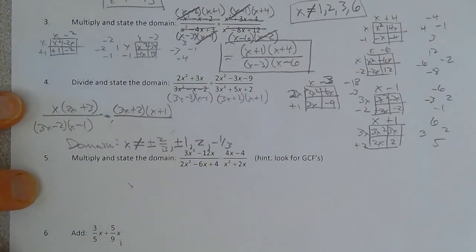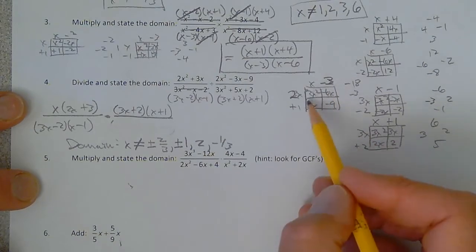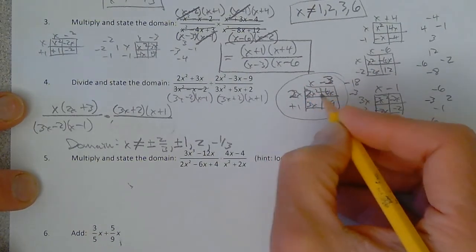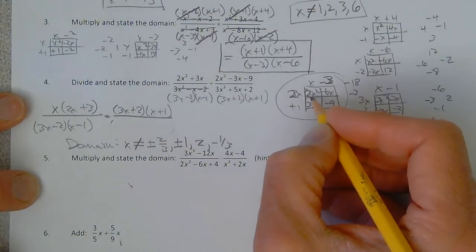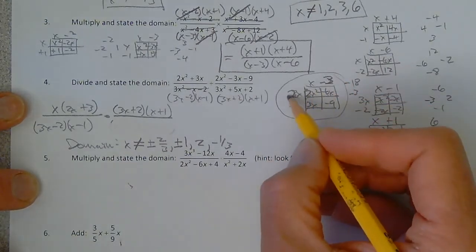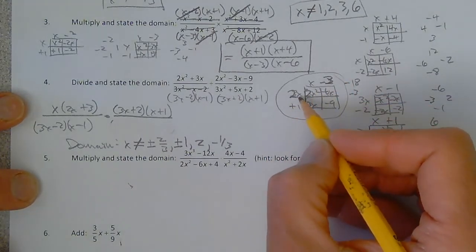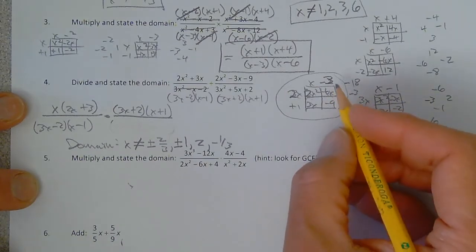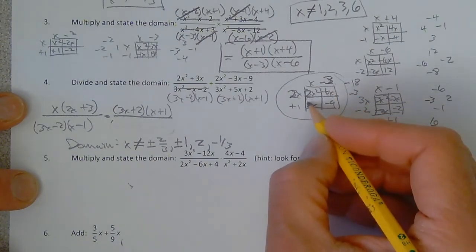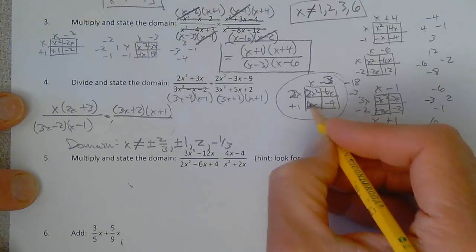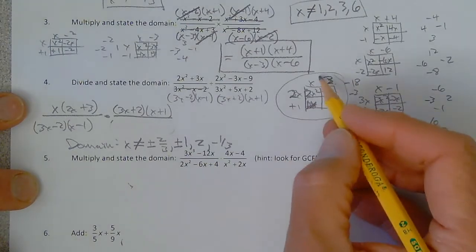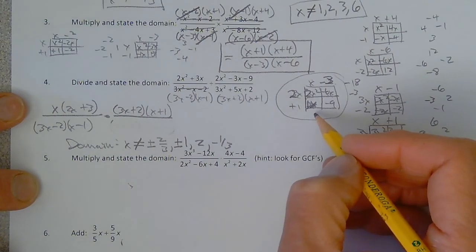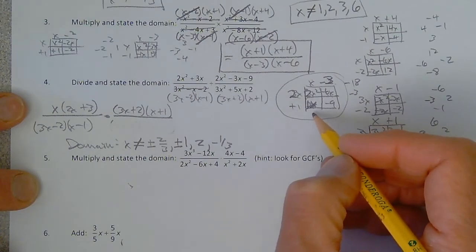Okay, I paused there for a second because I did find a mistake that I made, and it was in this calculation right here. I had written sloppy enough that I thought that was a 3 instead of a 2 there. So this is a 2x, and that would make that a minus 3, and so this would be a plus 1x right there, 1 times x, and that is